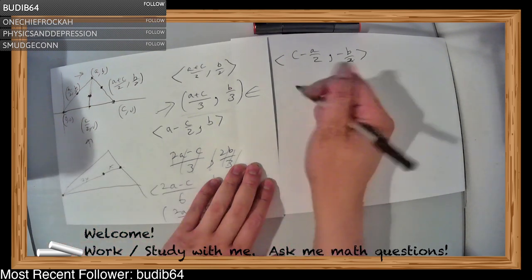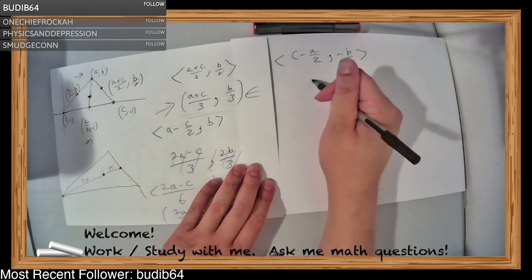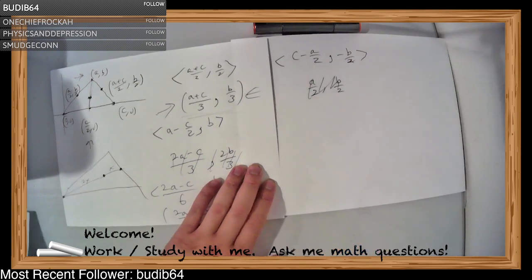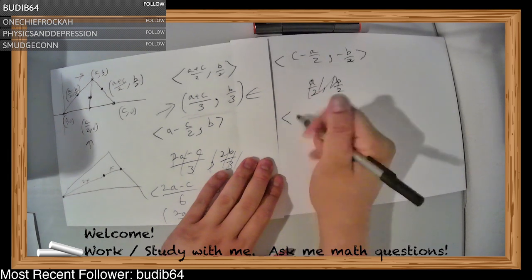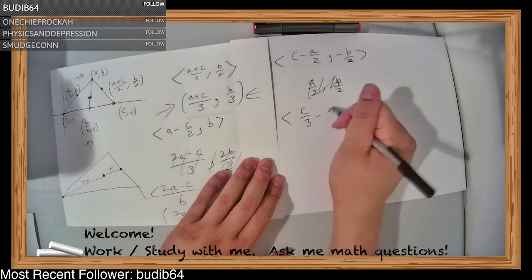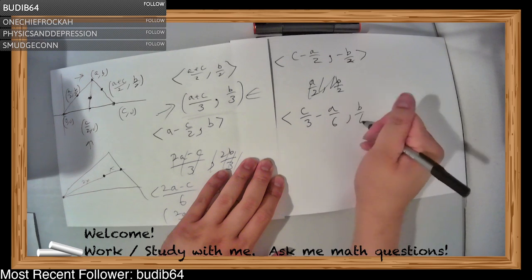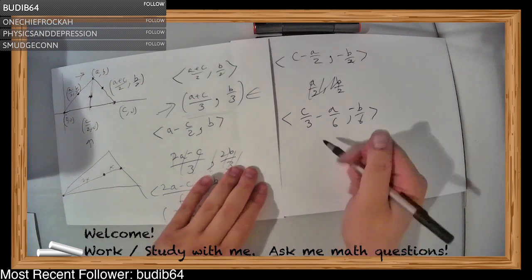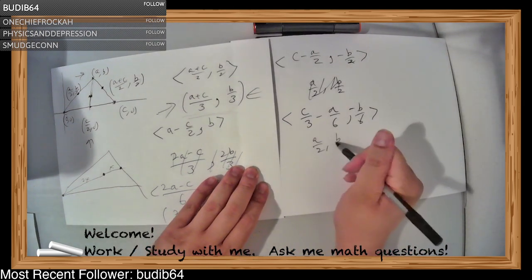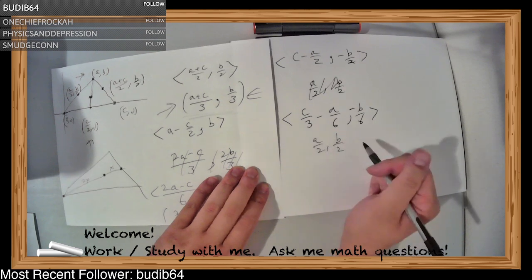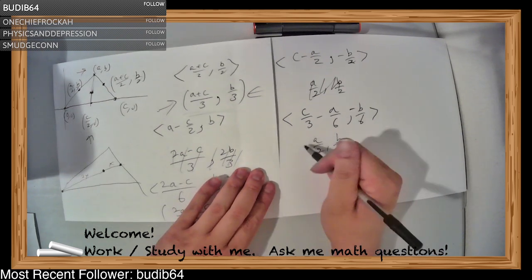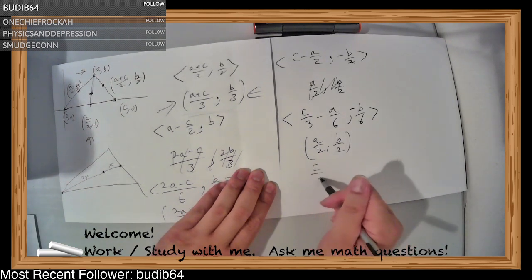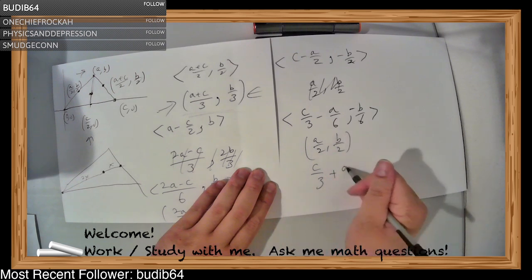Anyway, so here's the vector, and we want to add to it the point (a over 2, b over 2). Oh wait, no, we didn't take a third yet, so let's take a third. (c over 3 minus a over 6), b over 6, but negative. Okay, and we're going to take this vector and add it to (a over 2, b over 2). Anybody coming in right now is probably like, what is he doing? But let's add this to this point, and we get c over 3 plus a over 3,